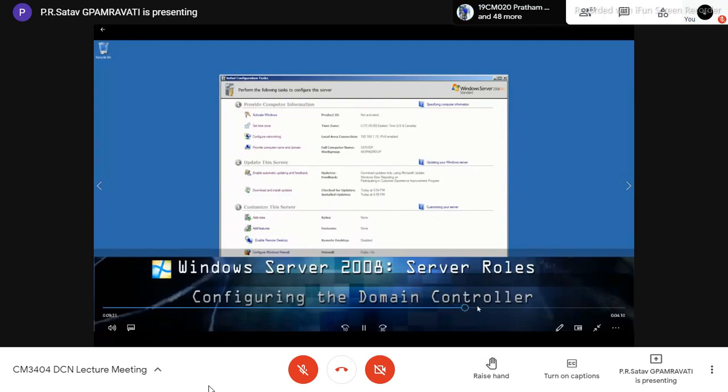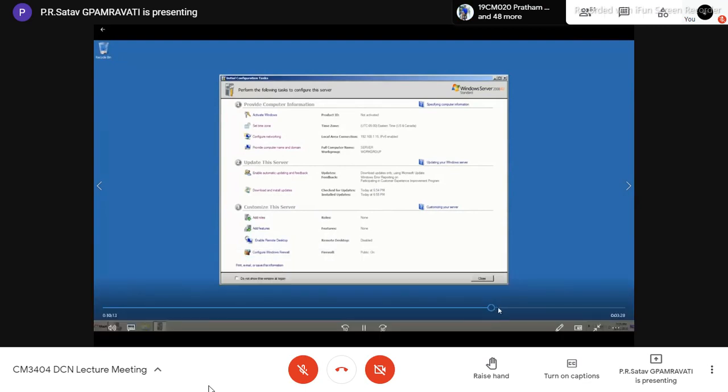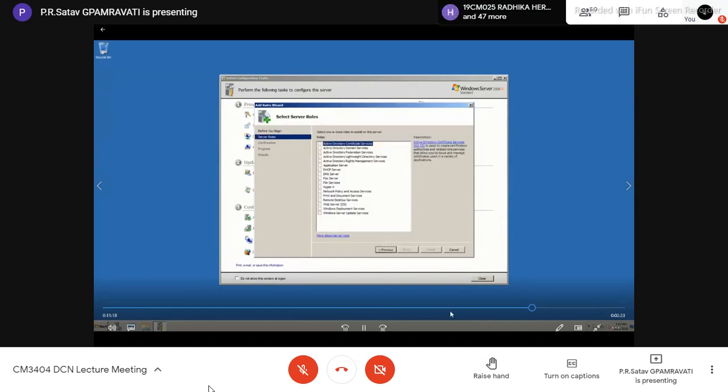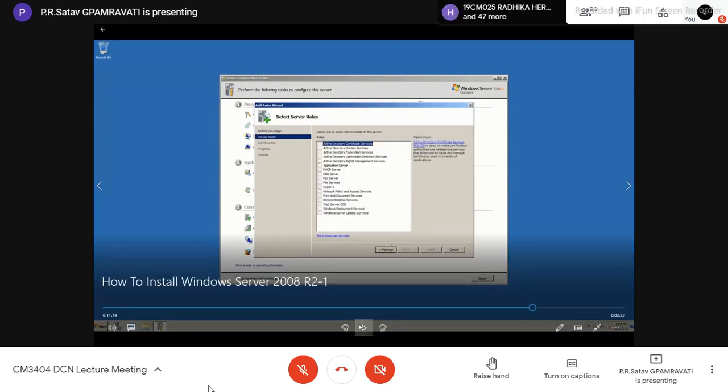Then we can go for add roles. See here, add roles, before you begin. We must set this up, because in this case we need some passwords. So what roles are there?